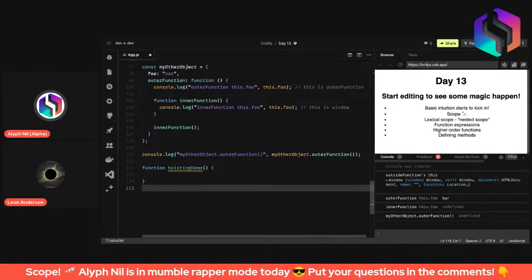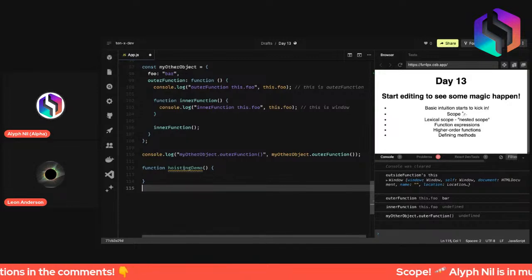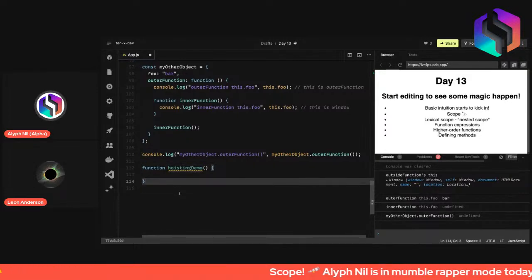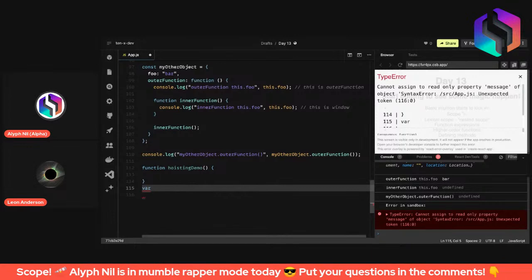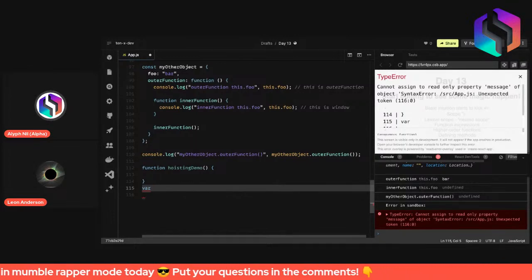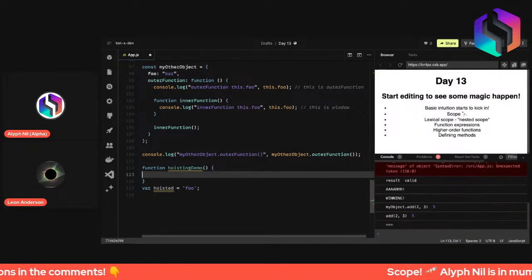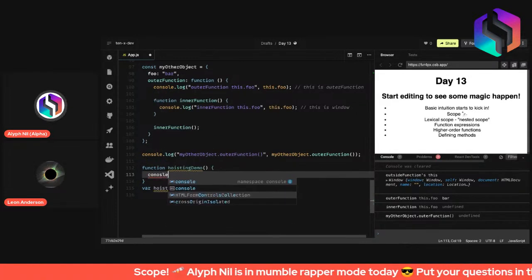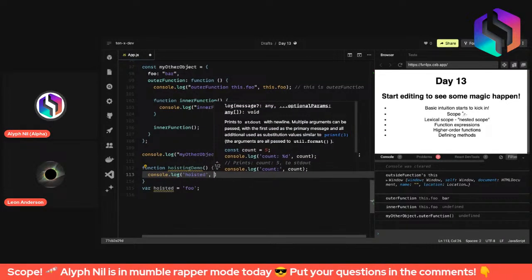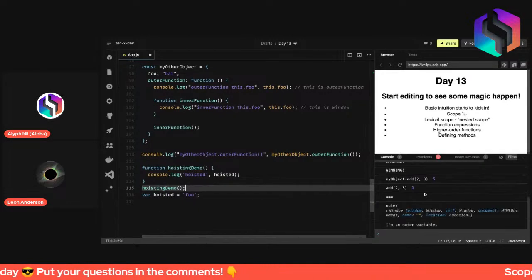Hoisting, that's exactly what we want to do here: get through all of the questions. So, what is hoisting? Hoisting basically means that all functions and all variables defined with the var keyword get put to the top of the document and can be accessed from anywhere. So we can have a variable hoisted, like foo, right? And even though hoisted is written below the hoisting demo function, we can say in here console.log hoisted, and if we call hoisting demo right here, then